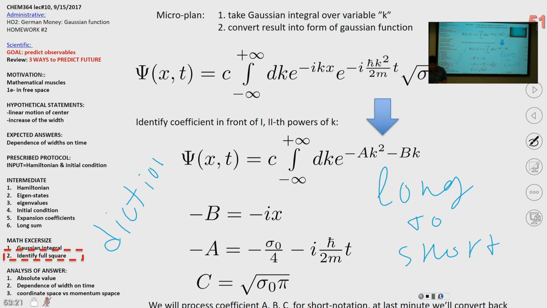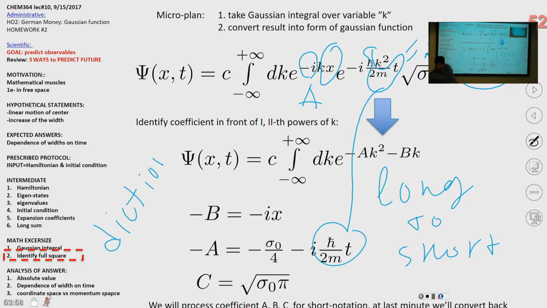Make it shorter. So we can call everything except k, so minus i times x, a constant. Everything except k squared here, so this h bar over 2m times t, will be a constant. And we also need to add this minus initial width. You do not see it, I blocked it here, but you have the definition here. So you put this thing plus whatever was contributed from the initial condition. So you replace the long integral by this short form,